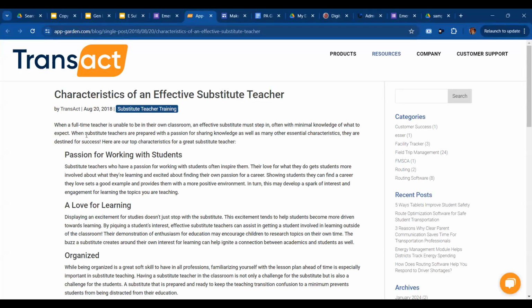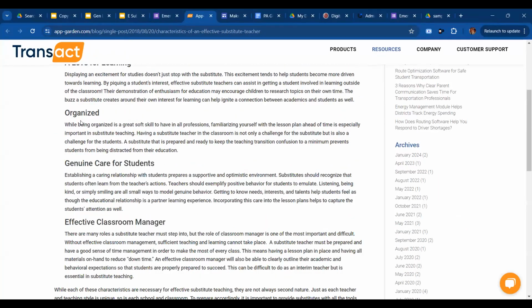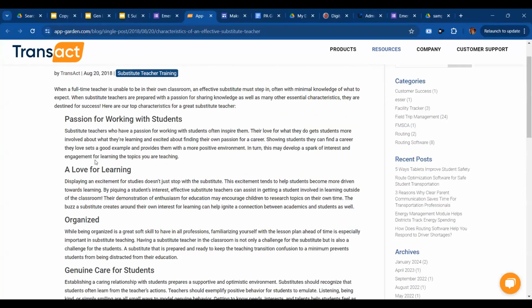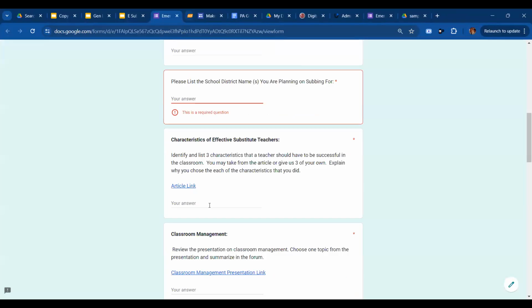And you can go through and read this at your leisure. And it will give you multiple characteristics, or as it said, you can come up with your own and list 3 and explain them here. So you would just type your response here. And this is where I said, if you're not planning on doing all of this at one time,